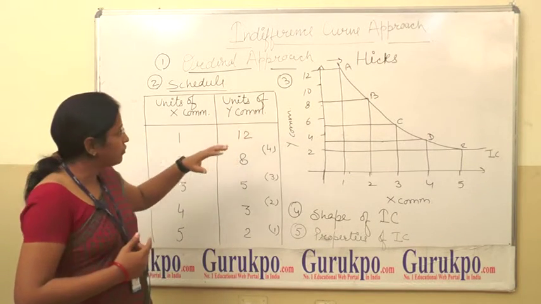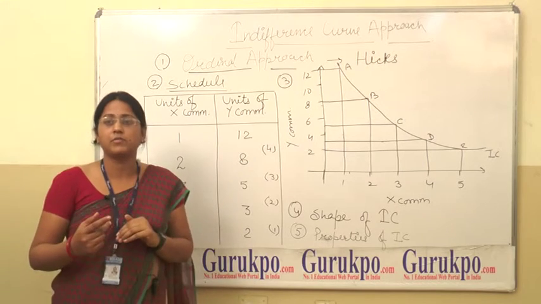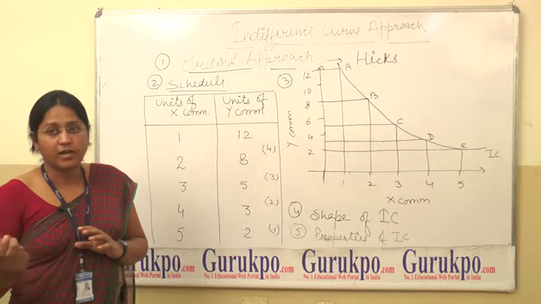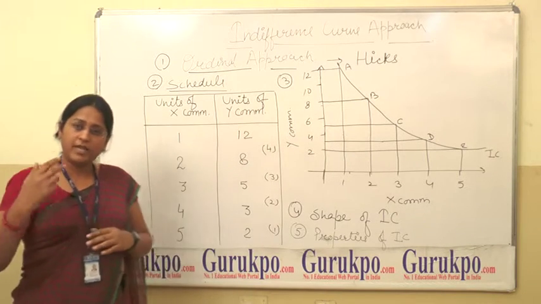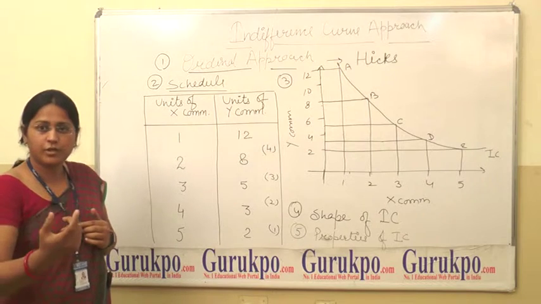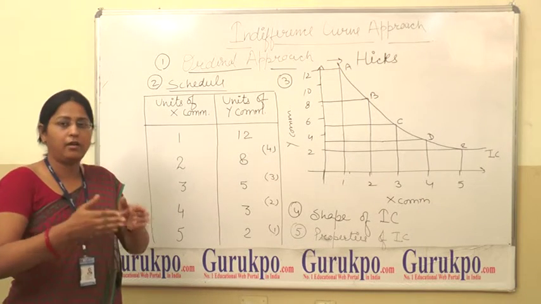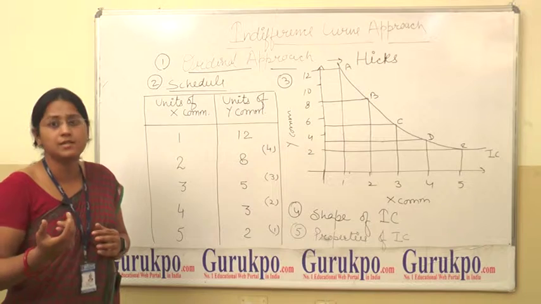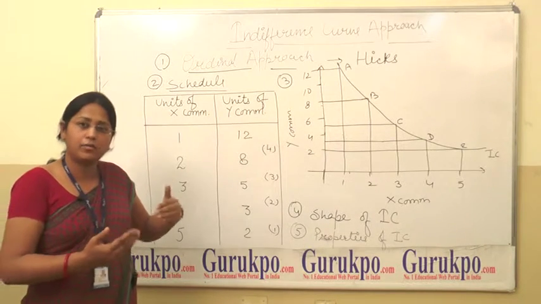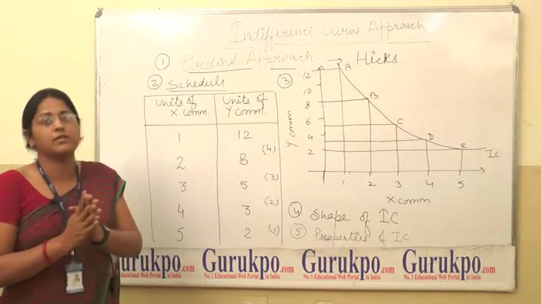In the cardinal approach, we measure utility in numbers, such as if I am consuming 1 or 2 units of banana, that means from the first unit of that particular commodity, I am getting 10 or 5 utils of utility. So we can measure utility in numbers, but Hicks criticized that.